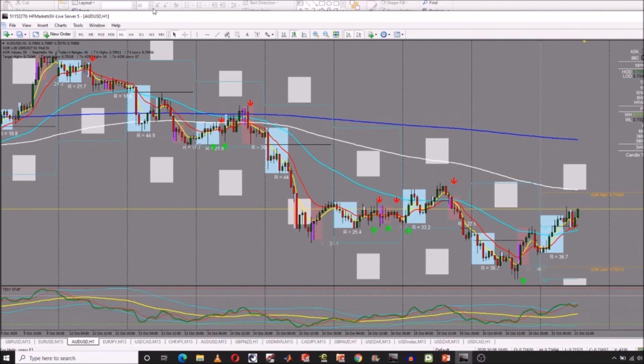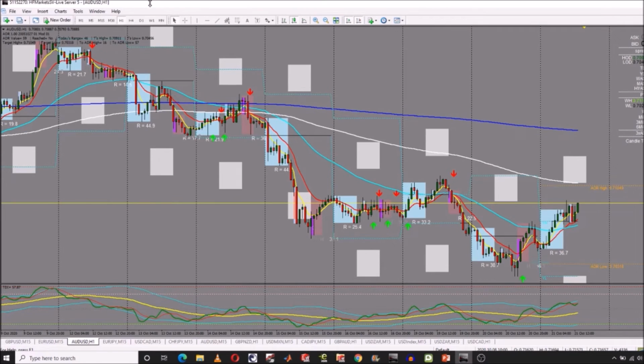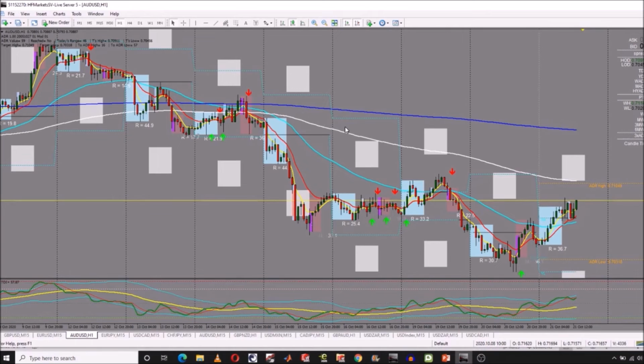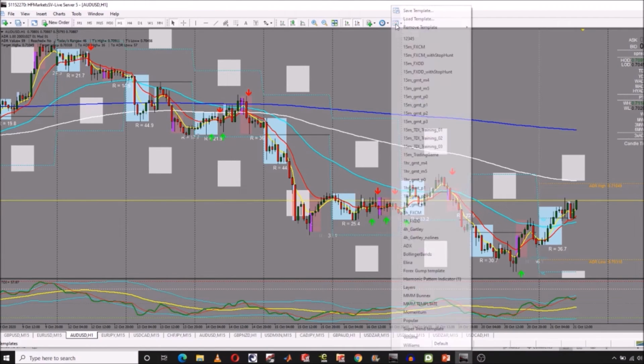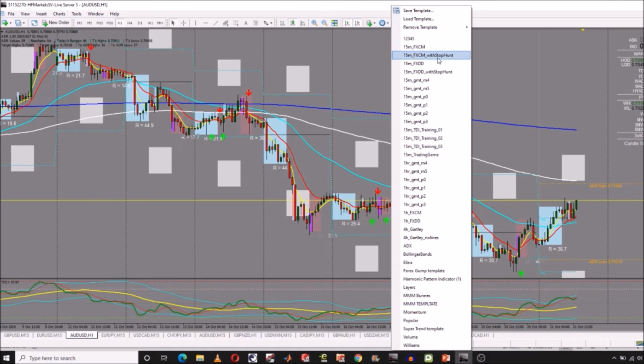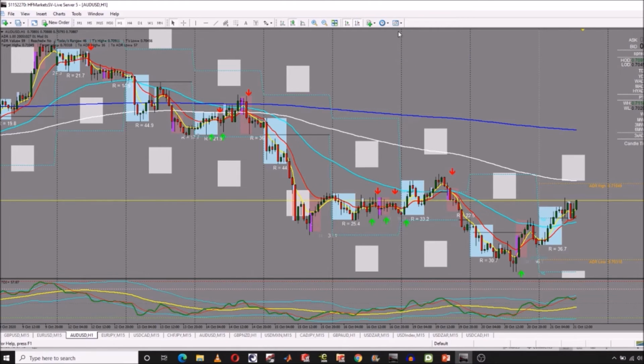So this is the template. What you just need to do is to install the template that I gave you, run it as an administrator on your computer. After that, it will add itself to your installed MT4. So you will get the template here, and you have to use this